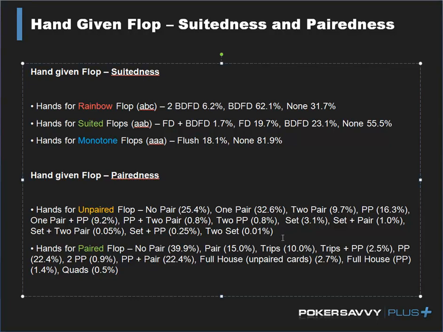Let me just say this: you take that 2.5% chance of having a pocket pair, and that shifts once you know what the flop is into a 1.5% chance of having a set, 3% chance of having whatever unpaired or unsetted overpair we're talking about. And in addition to that, there's this card removal, card range weighting factor that has to be